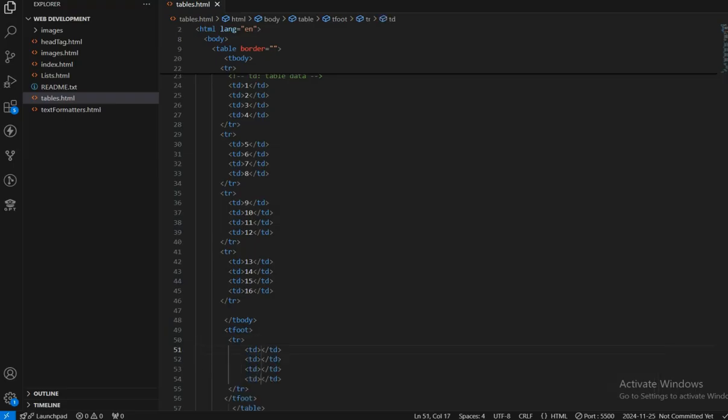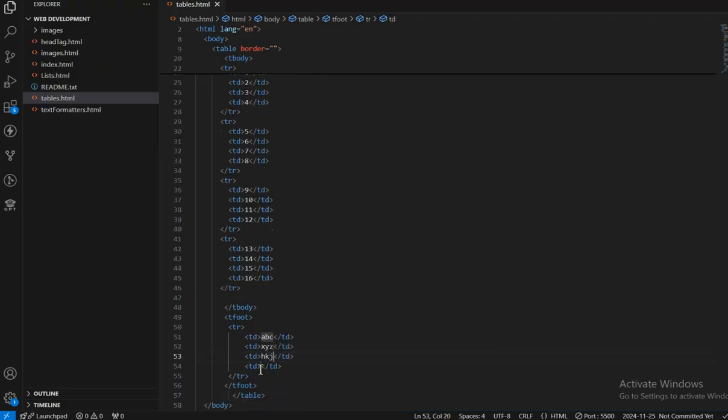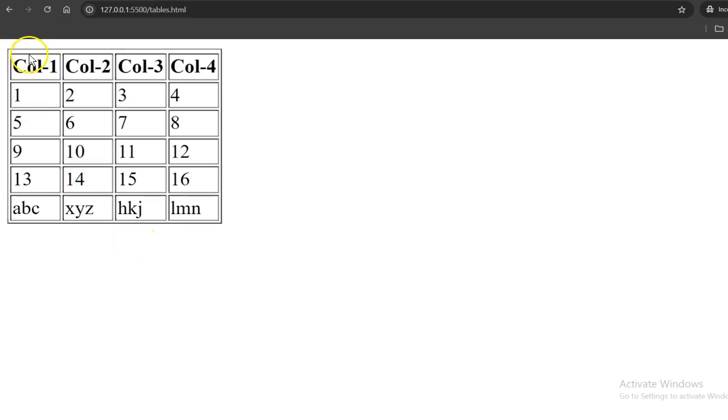And I can have some values over here. So I will say ABC, just some random contents as of now. And let's say XYZ. Let's just say HKG, LMN. Okay, and now if I go back to my outputs over here, we just got our table